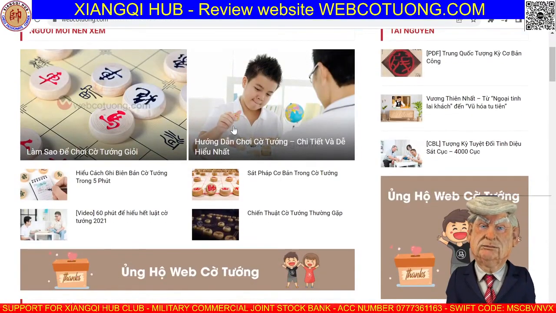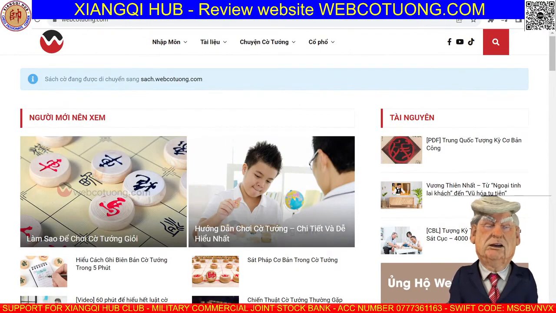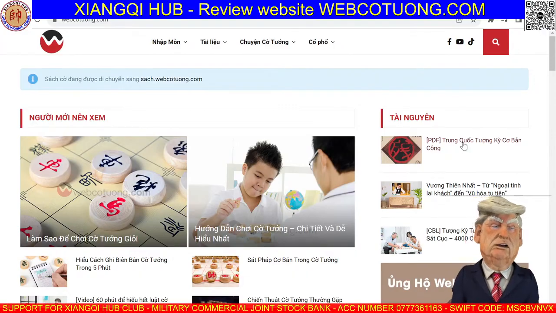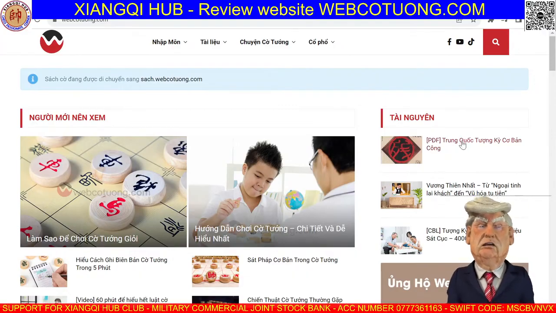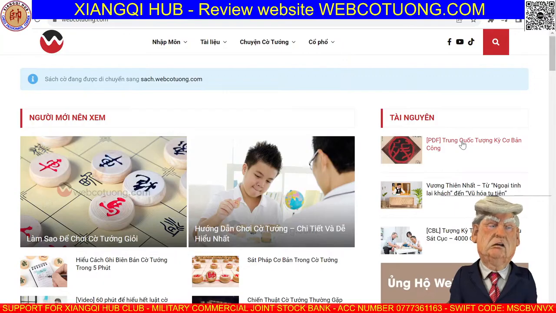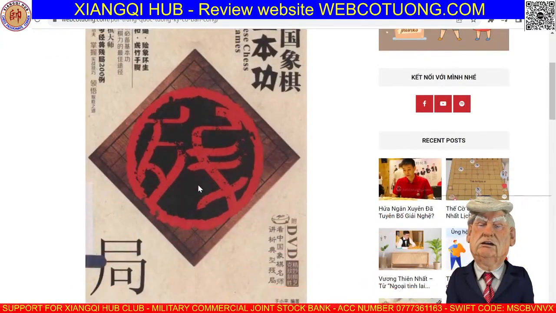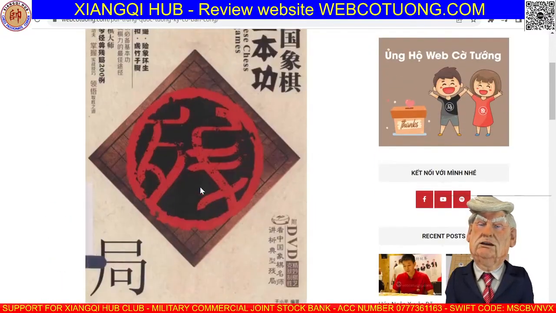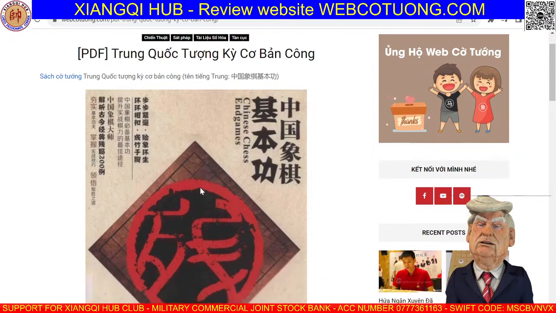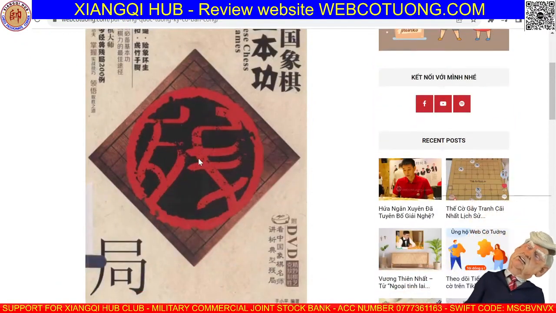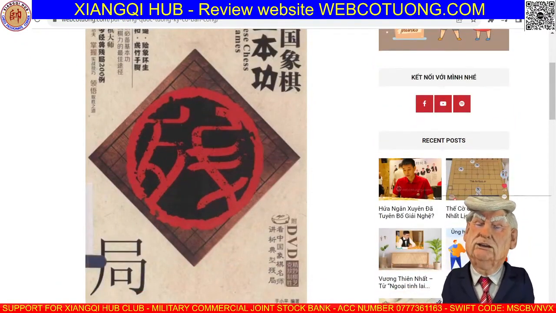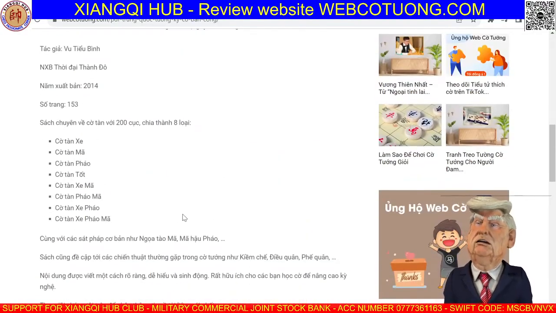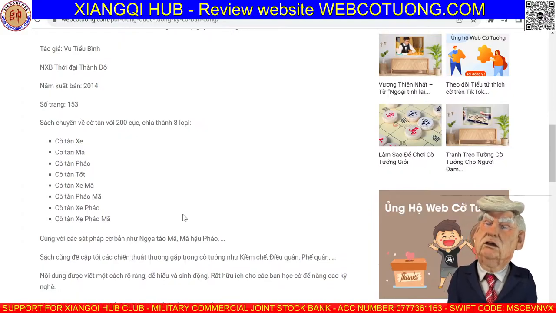Okay, we go back and we go to the second one, which is some sources by Changji. Let's try the first one. We see the basic PDF file of Changji. This is China. Okay, this is a book from China explaining how to play Changji. A very old book, I can see, however, they introduce about this one.